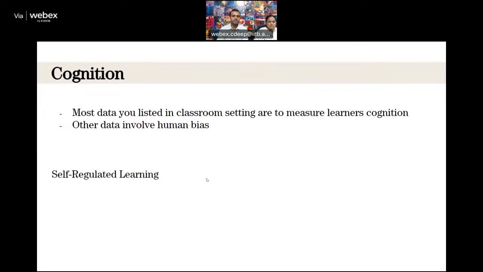What is self-regulated learning? When we are given a particular task, before we start anything, we plan how to solve the task. Then we start thinking about how to solve the task. What are the materials I need to read for this task? What extra information should I consider? If I know some information, should I read more? Those things have to be thought through well before we